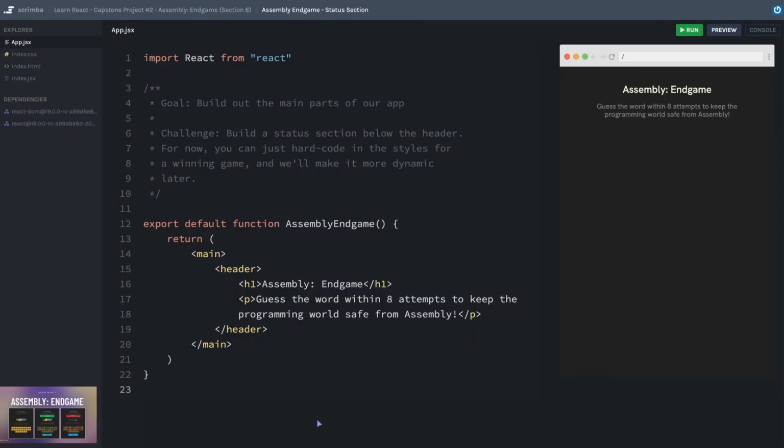As with most of these CSS challenges, there are certainly many different ways that you could do it. So don't feel like the way that I'm doing it is necessarily the best way or the correct way. It's probably just the way that makes the most sense to my brain. So below our header, I'm going to add a section. And while I'm here, I'll go ahead and give it a class name of, let's call it game-status. We'll get the content in here and then start worrying about the design for it.